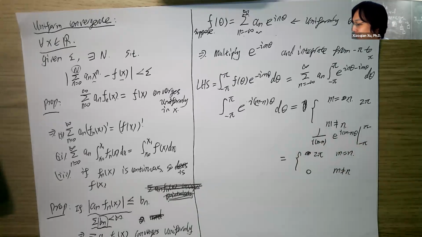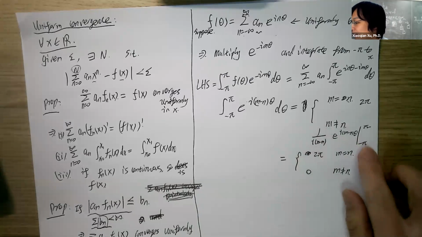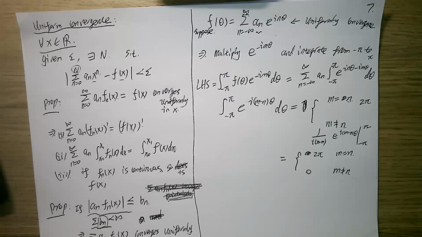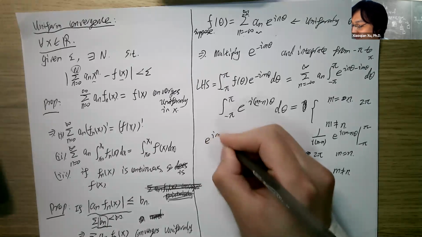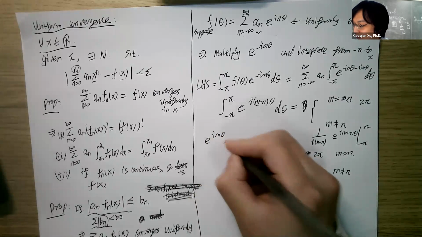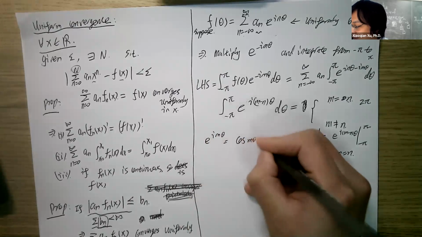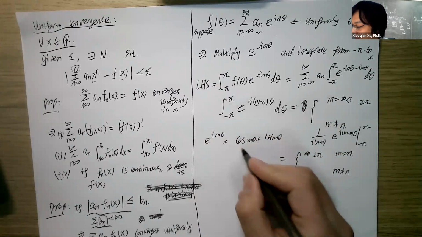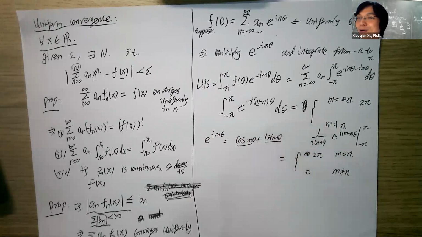Right? This function is of period 2 pi. Then of course, the minus pi and pi, they can cancel. Wait, sorry, how did we know it's a periodic function again? Well, what is e to the i m theta? It is cosine m theta plus i sine m theta, right? This is of period 2 pi, this is of period 2 pi,